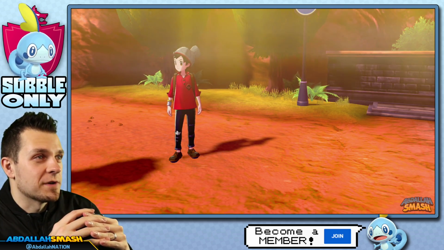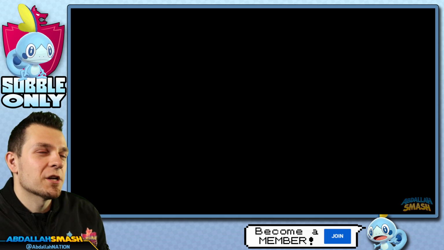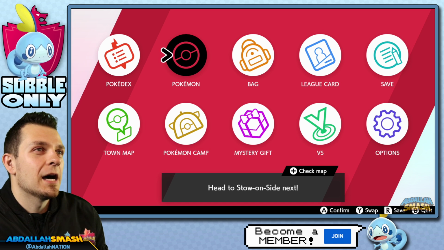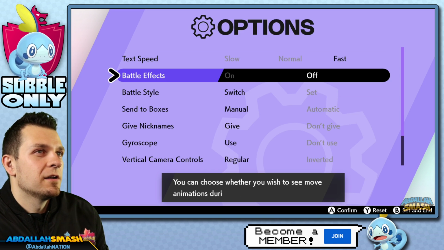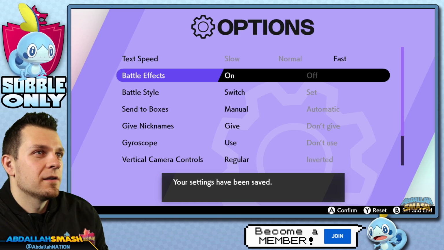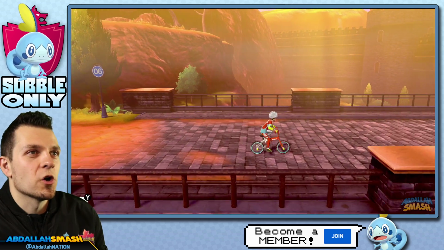Yo, that silly cobra's faster than you. Anyway, so let's get ourselves healed up. I'm going to go to settings. We're going to turn combat animations on. Okay, beautifully done. And then we could just literally turn around and then go to the Pokemon Center and get